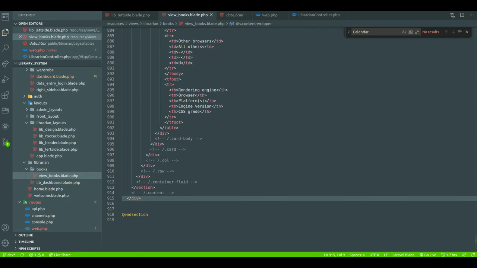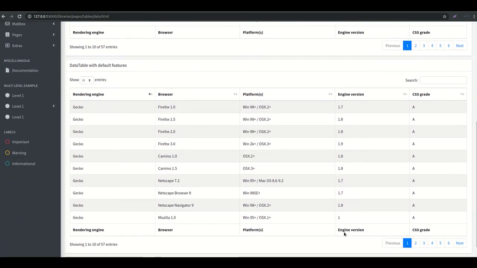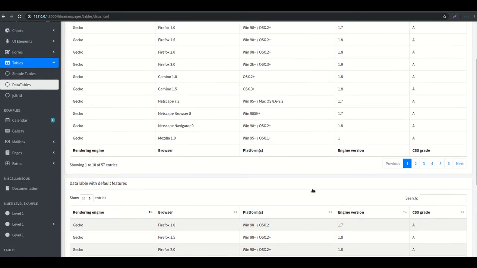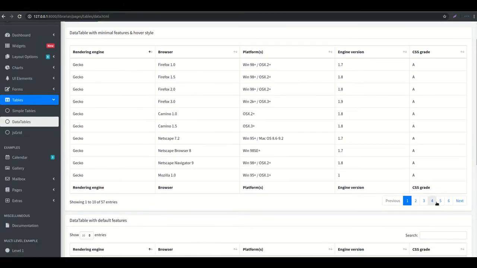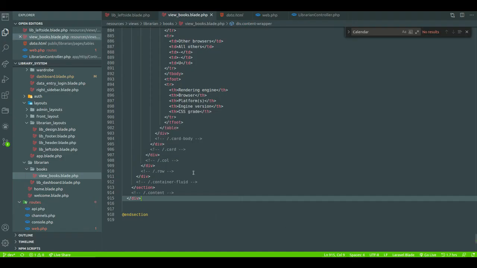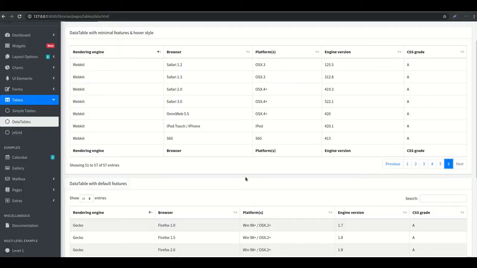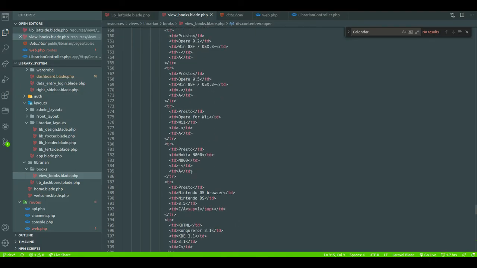Rendering in CSS grid. Okay, so basically that we got.